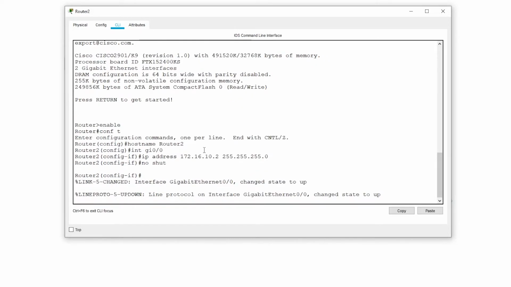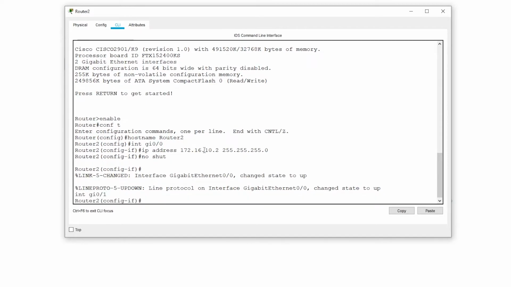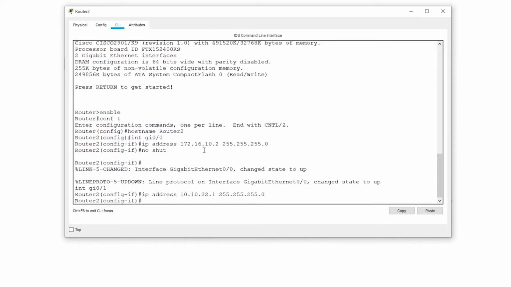No shut. Interface 0/1, 10.10.22.1. I believe all of this is the same as the last lab we just did.